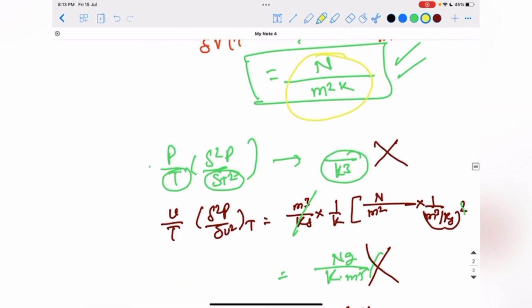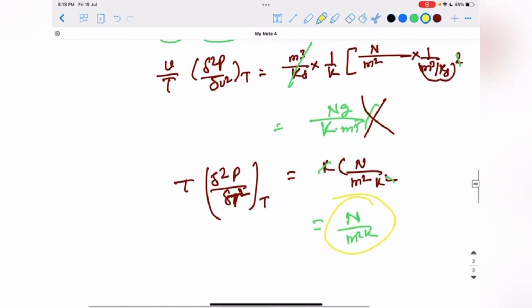But still the fourth option is left. Do not make this mistake. Always check the fourth option. The reason being that it may also have the same unit. So please check for 100% accuracy.